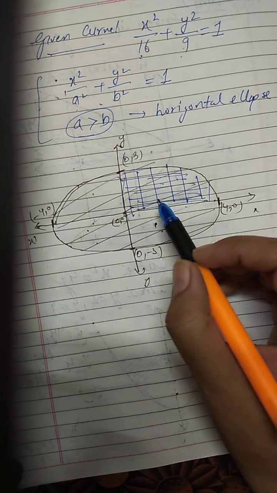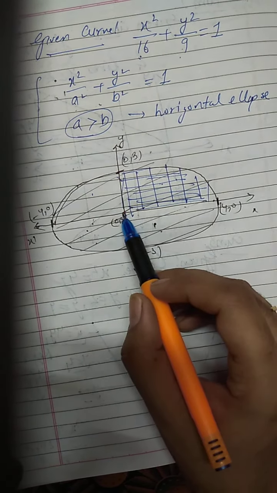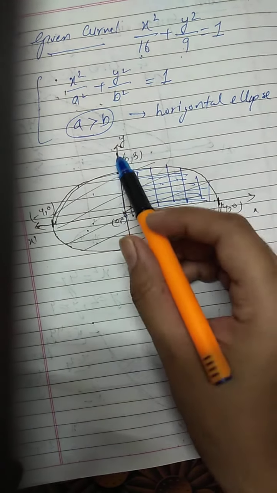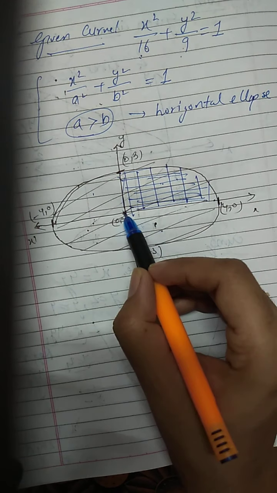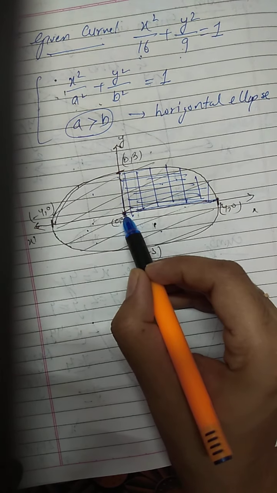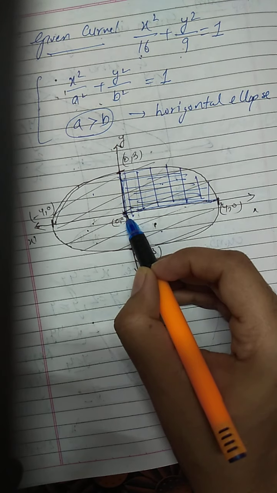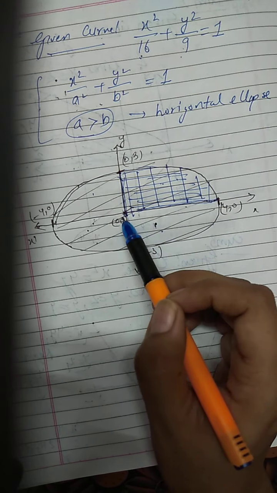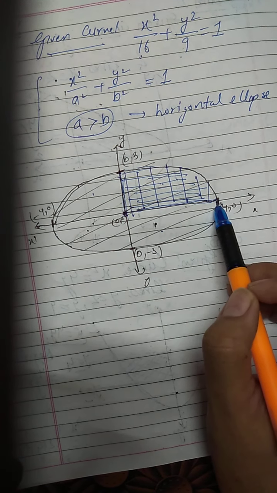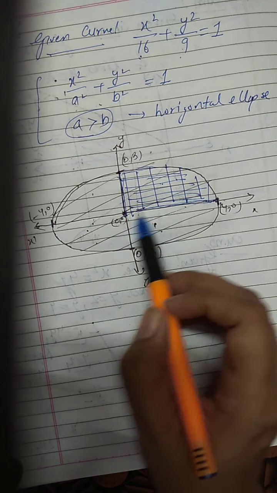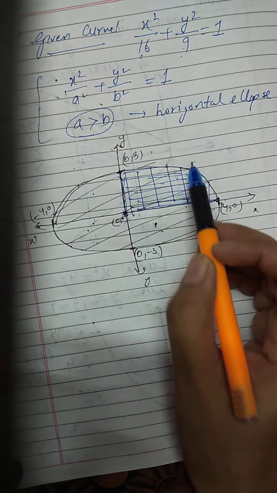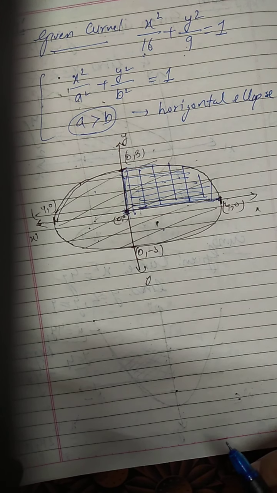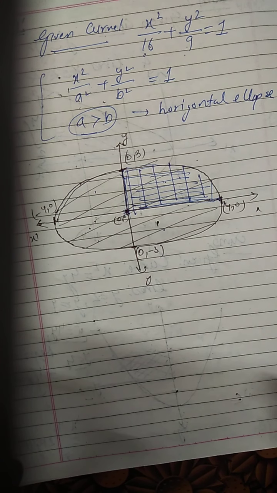So we will be focusing on finding this area only, and I will multiply it by 4. Clear? Now this region is bounded by the ordinates, we have 0 to 4, and along the y-axis also I have 0 to 3, because the x-axis is representing a line, the y-axis is also representing a line, and this is our curve. So the area is bounded by the line x equals to 0 to x equals to 4, and by the line y equals to 0 to y equals to 3. We have two ways to find the integral, along the x-axis as well as along the y-axis.